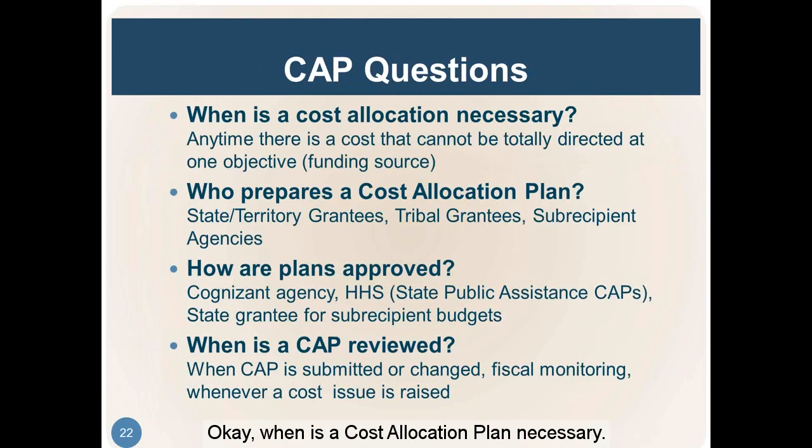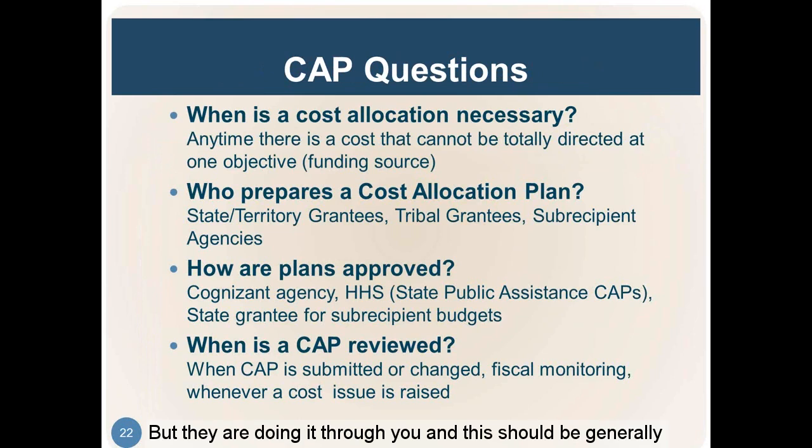Okay, when is a cost allocation plan necessary? Okay, assuming that they don't have an indirect cost rate, an approved indirect cost rate, and assuming that they don't want to use the de minimis 10% rate, if they do not want to come up with a negotiated rate with you, we look at a cost allocation plan as the same or at least very similar to a proposed indirect cost rate, because what they're saying is we've got these indirect costs and this is how we want to allocate them, which is really no different than an application for an indirect cost rate, but they're doing it through